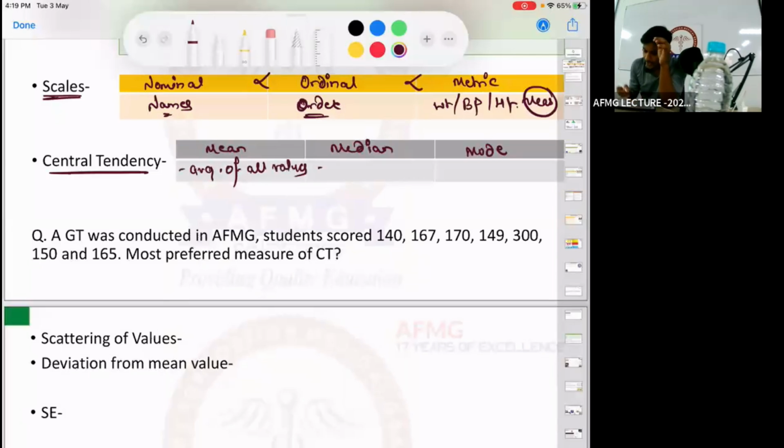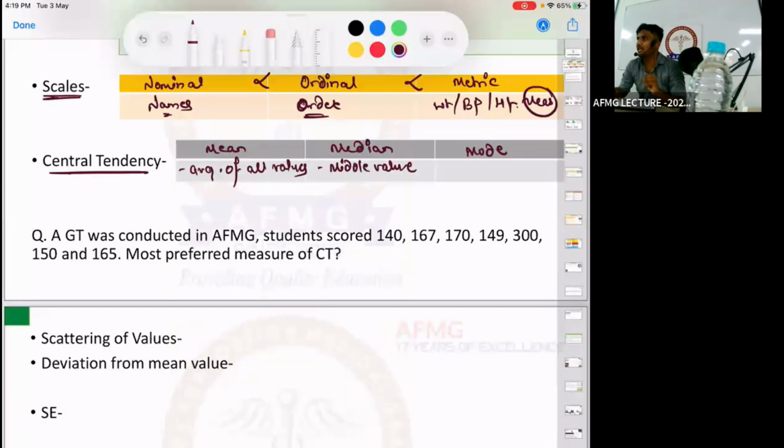What do we mean by the median, anybody? It is the middle value. Middle value randomly or middle value when the given sample is set in an ascending order or descending order. So either it should be set in an ascending or a descending order, and then you will take the middle value. Okay, then that would be a median, not randomly.